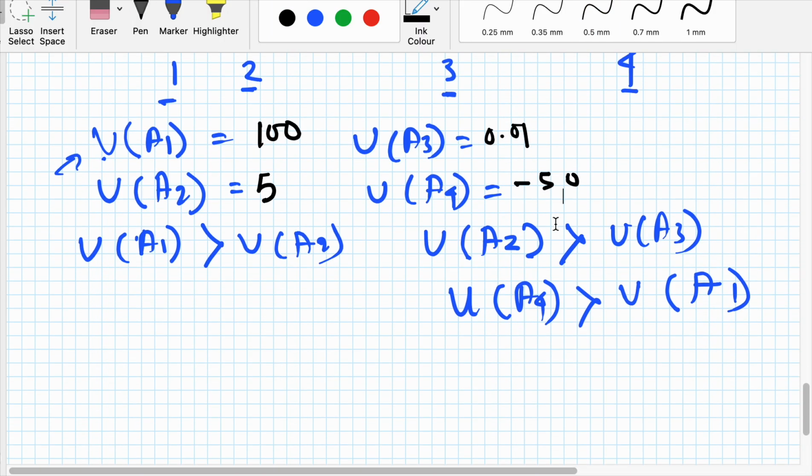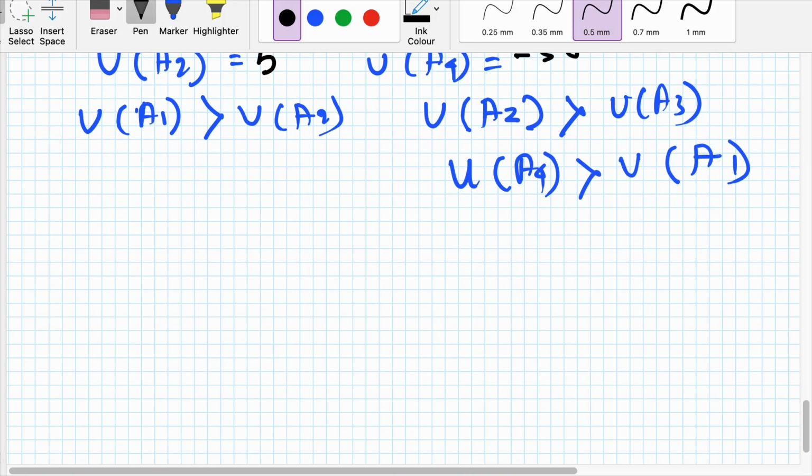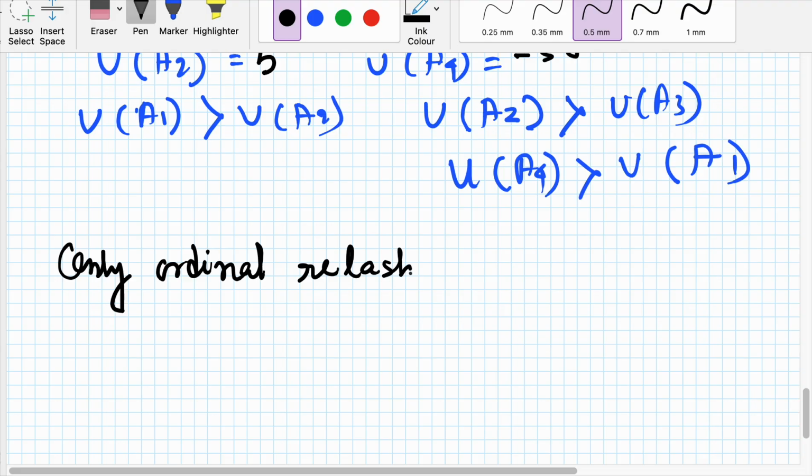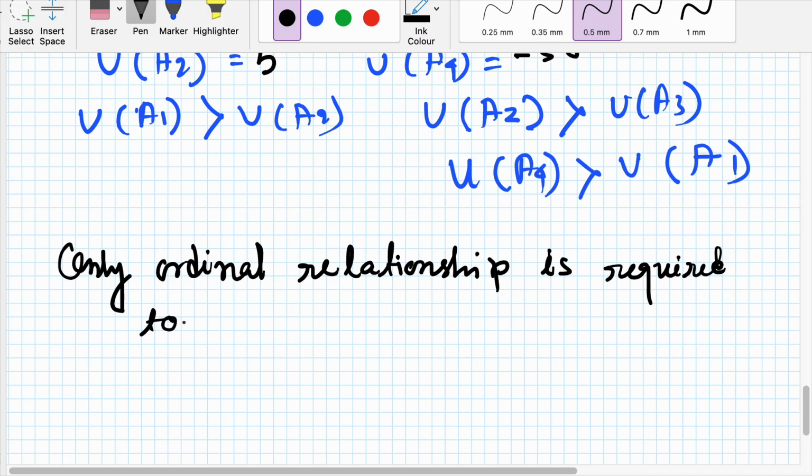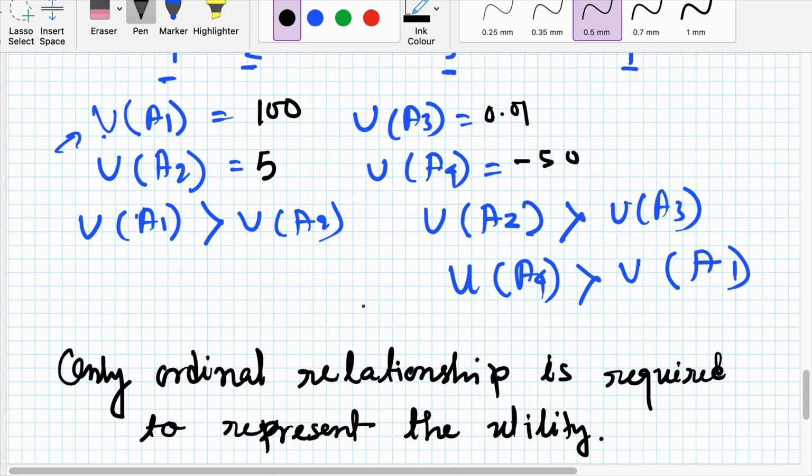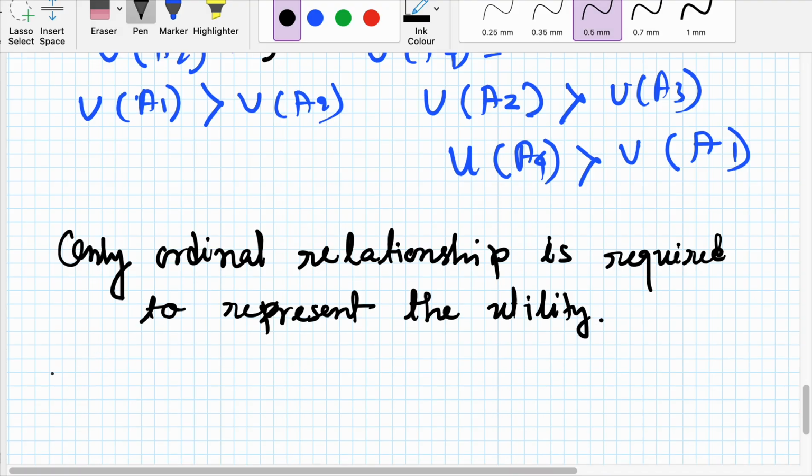So that means only the ordinal relationship is required to represent the utility. The actual cardinal number